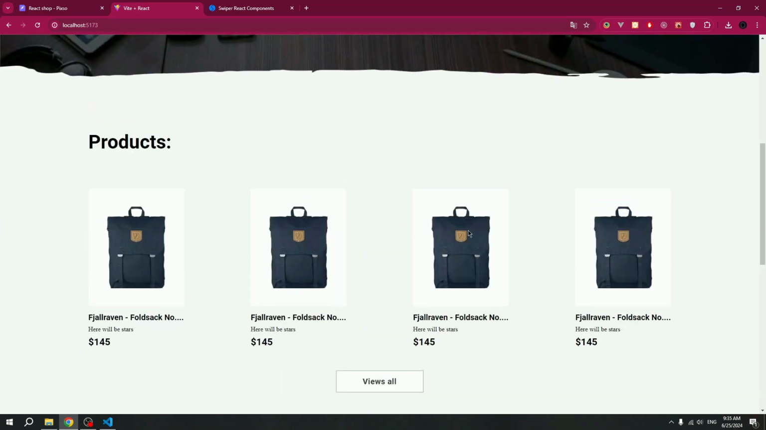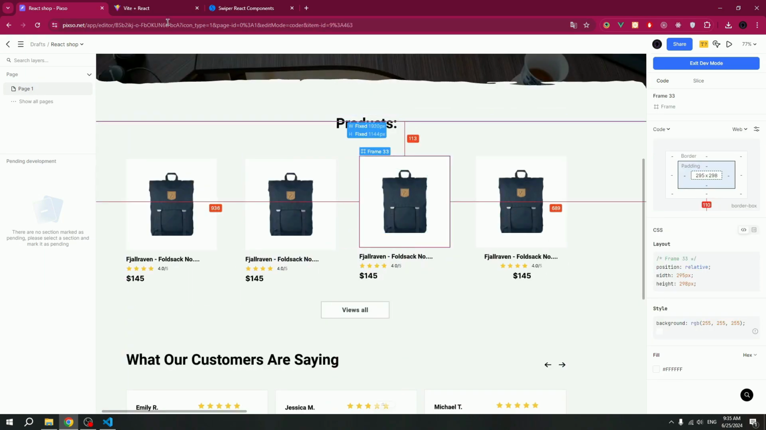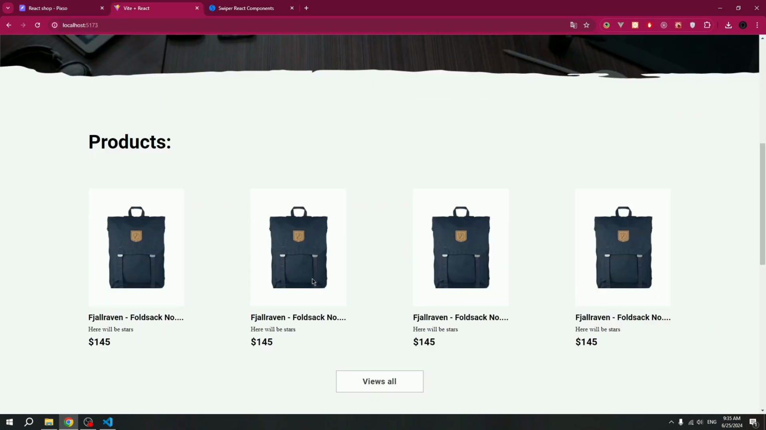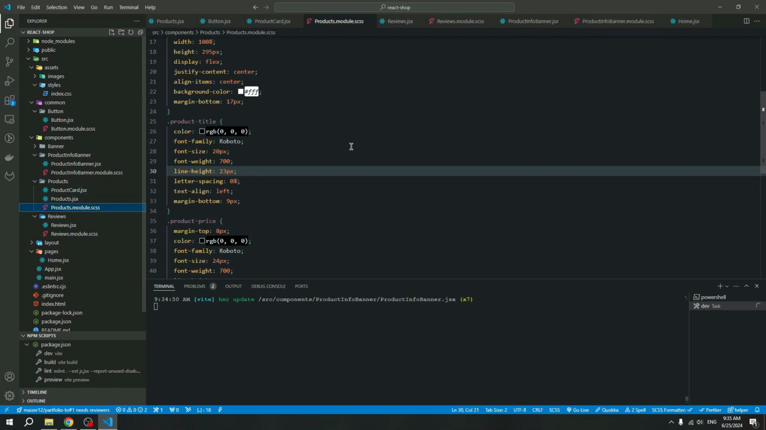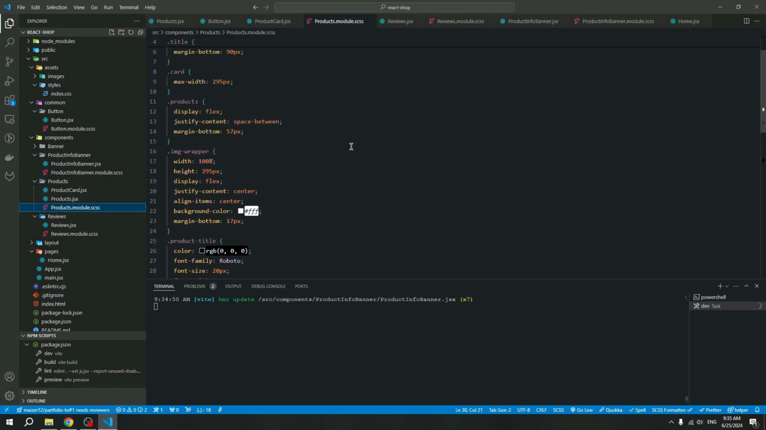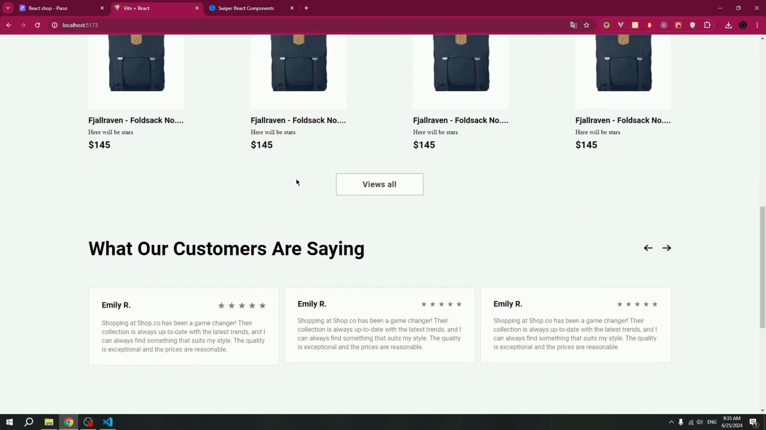And also we need to change the width of our element because our element is too slim. Okay, let's open our product card and change max width. Okay,